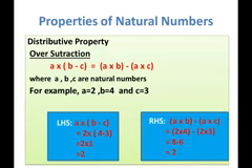Now in RHS we have A into B minus A into C. Putting the values, we have 2 into 4 minus 2 into 3. So 2 into 4 is 8 minus 2 into 3 is 6. So 8 minus 6 is 2. So we can say that LHS is equal to RHS. This means the distributive property over subtraction is valid. It is true for all values of A, B and C.